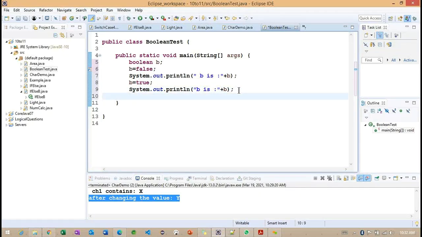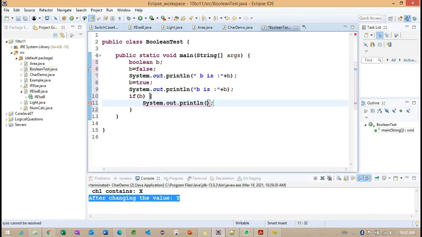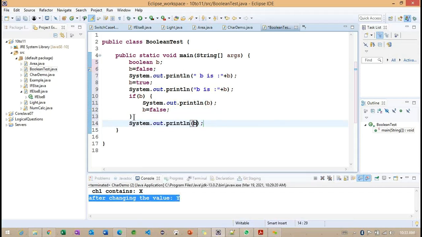Good. So observe here. I want to add one more condition here. So inside this, I'm making here. So what we are going to get here? So around we are having 4 statements here.